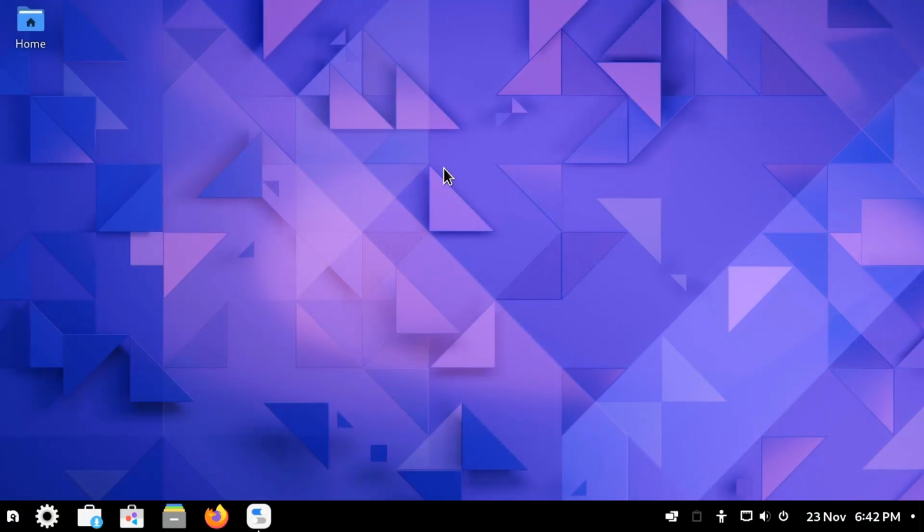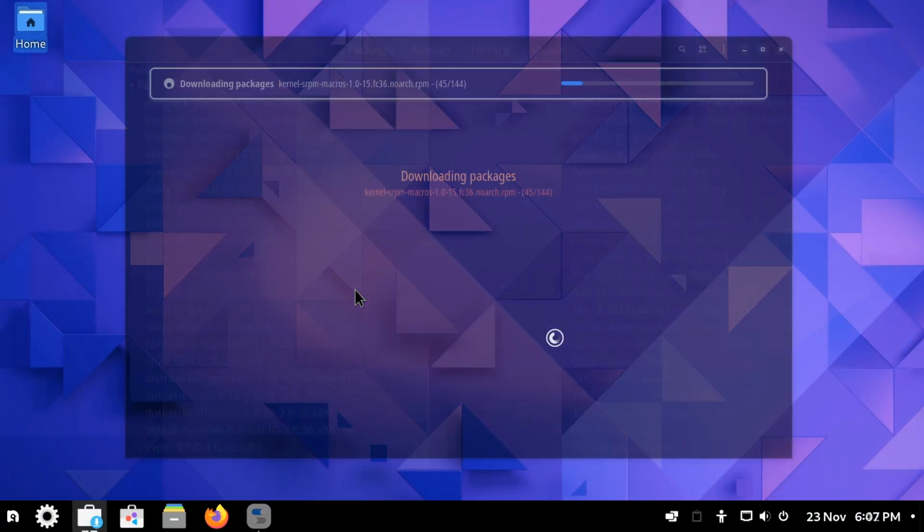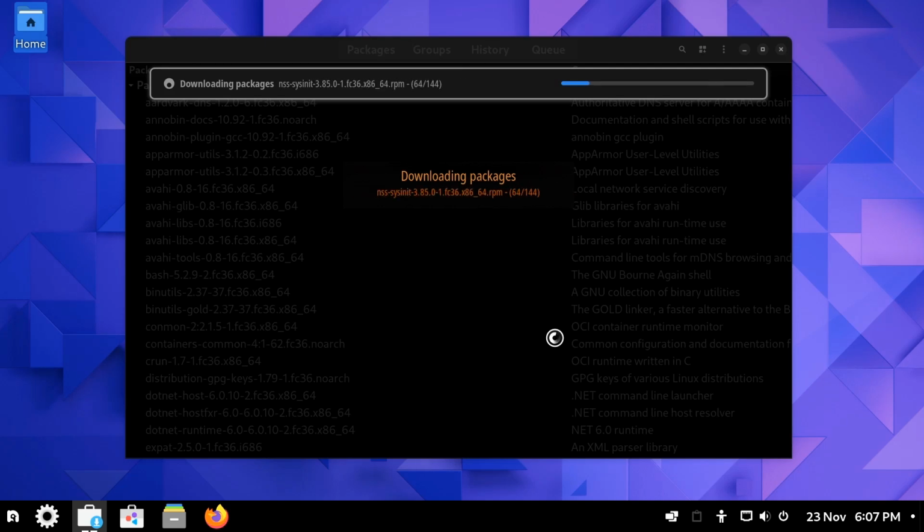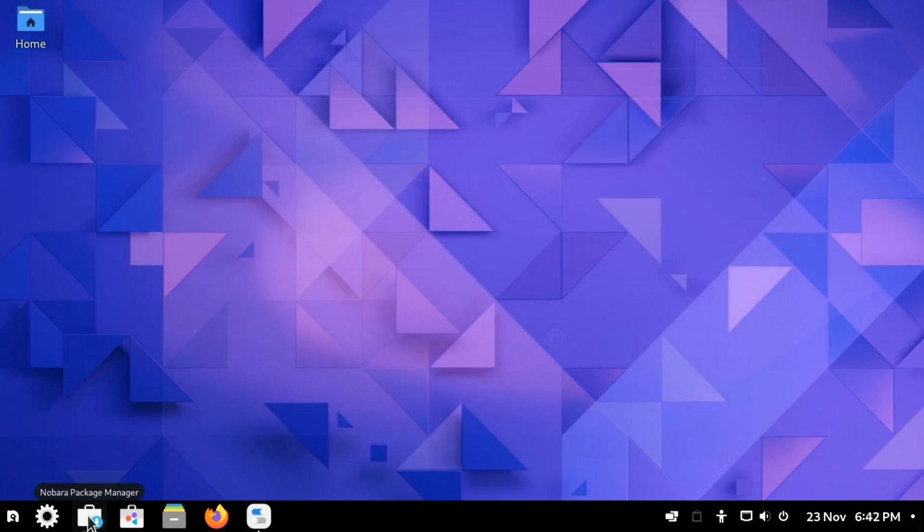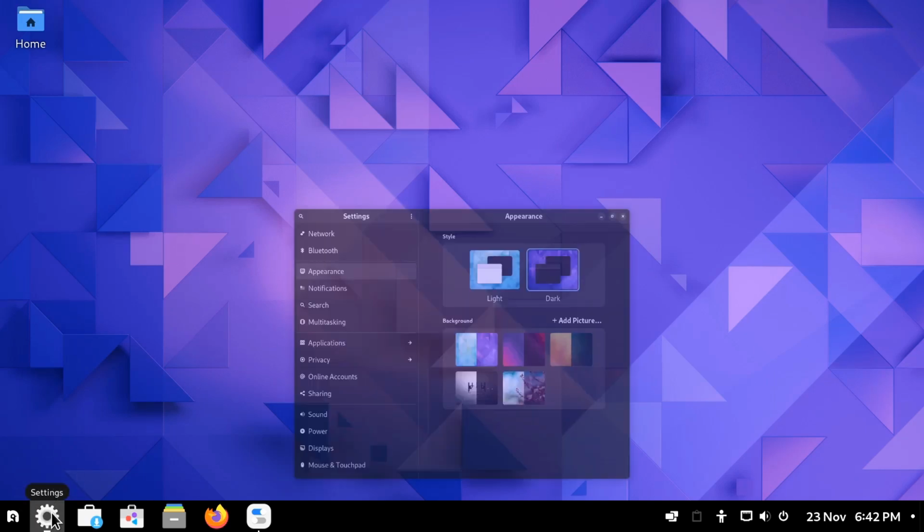Greetings! Here I am back again, and I've now let Nobara install lots of updates, although it looks like it wants to install even more. There's no meeting the appetite of a modern operating system for updates, is there? They always want more. Anyway, I've now made a lot of visual changes using the standard GNOME settings,